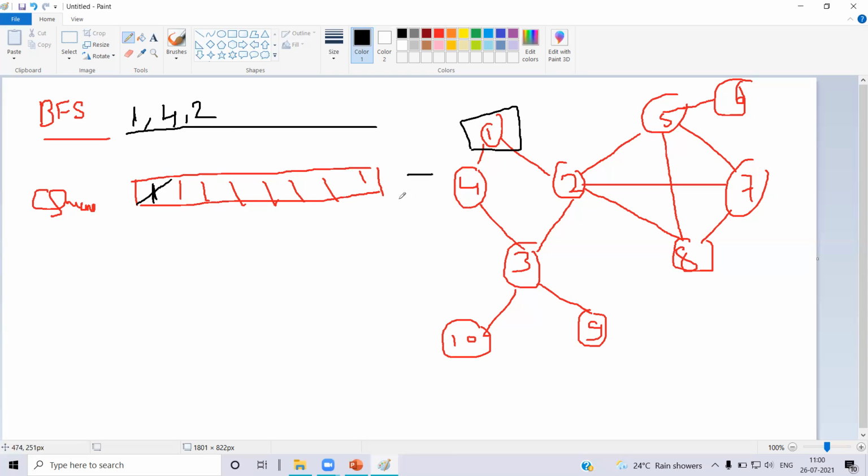So in the queue I'll be having 4 and 2. It may be 2 and 4 also; you can go either way.